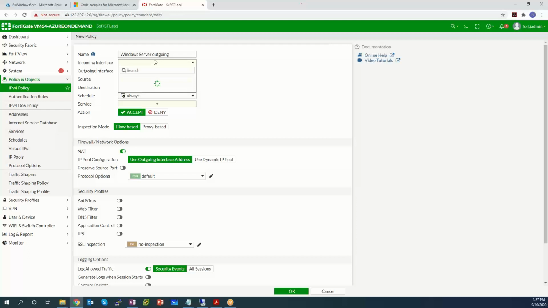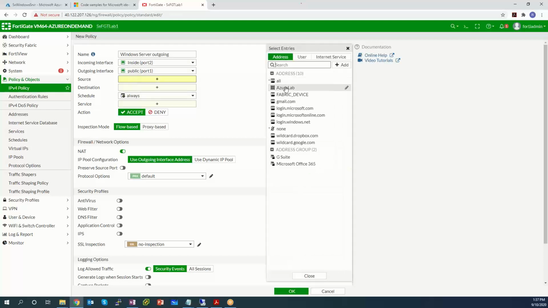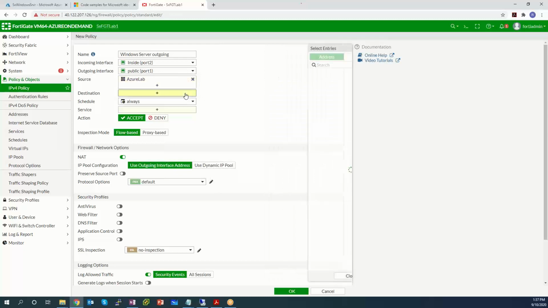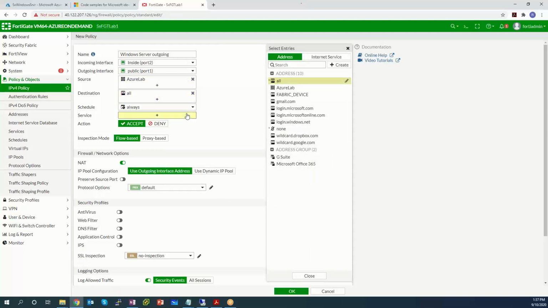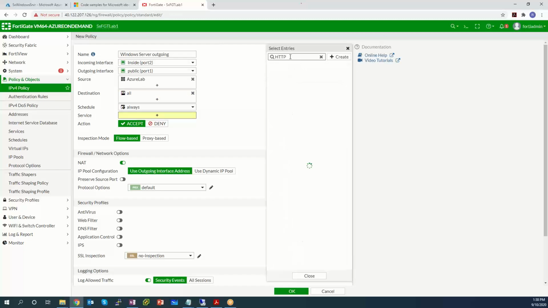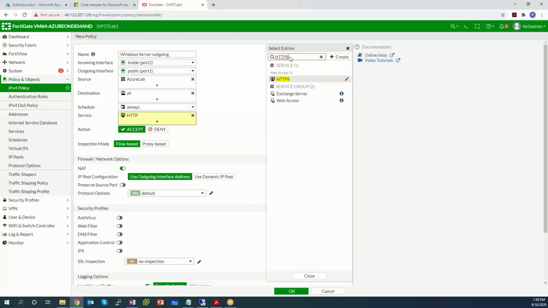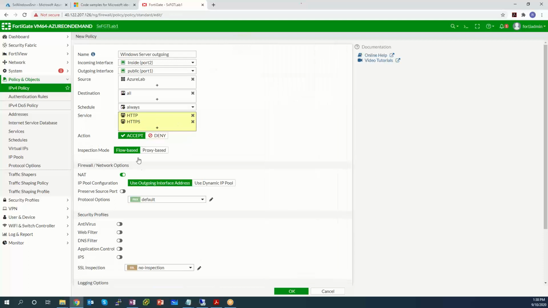Incoming interface, if it comes in on the inside interface, and it's trying to route out to the public side interface, and the source is the dynamic address object, and the destination is really anything else. I'm only going to allow HTTP and HTTPS. Accept it. On the outbound side, source NAT it, and it's going to source NAT to the 10.0.0.4 IP. But as it goes outbound, the 10.0.0.4 NIC gets source NATed eventually to the public IP address that Azure has assigned to the FortiGate,